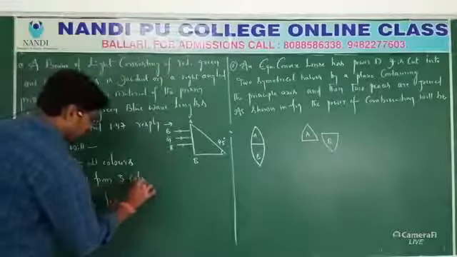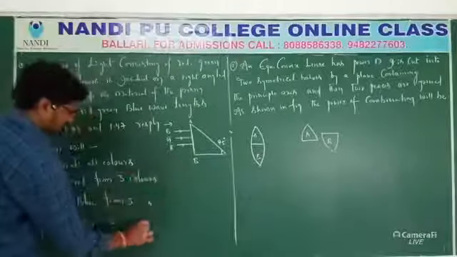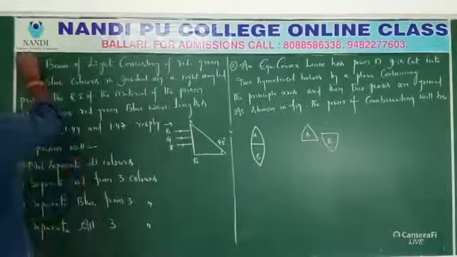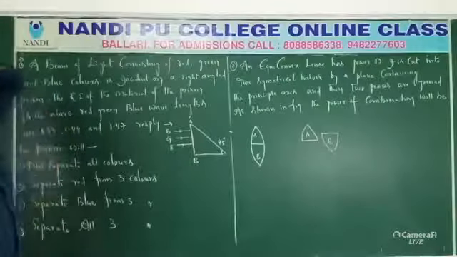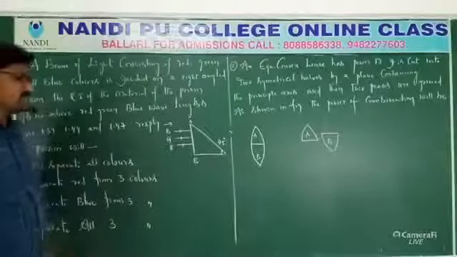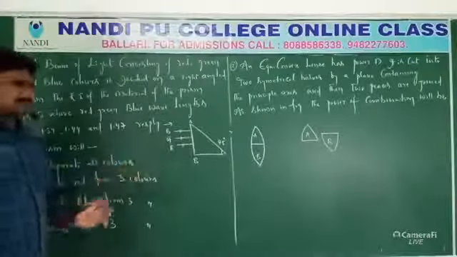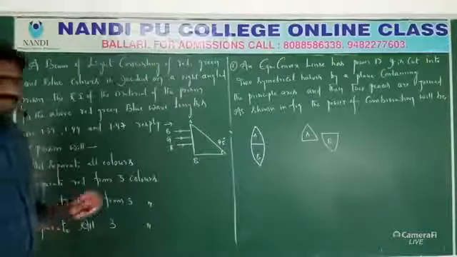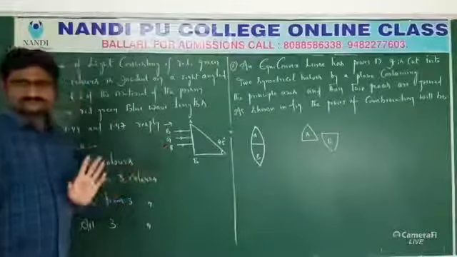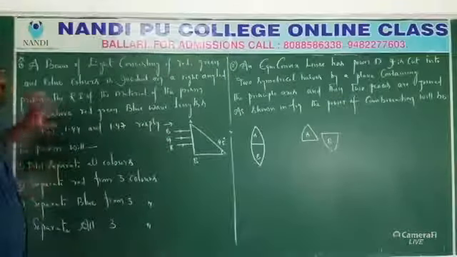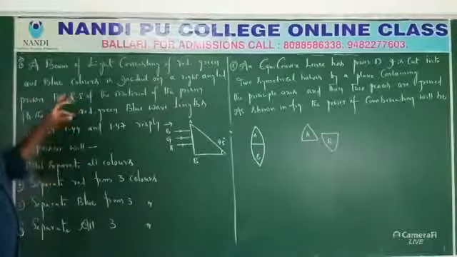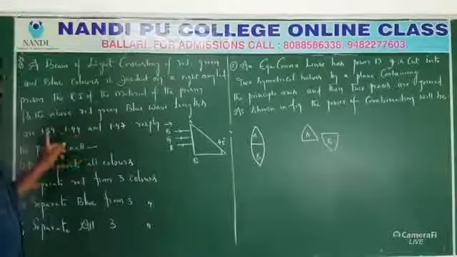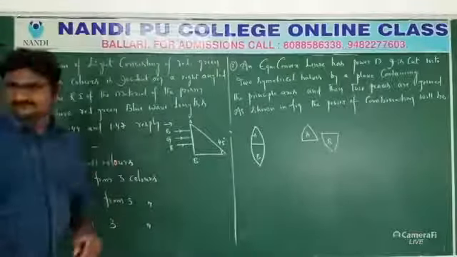What are those three colors? Separate all three colors, which is a very important model for all competitive exams. Previously they have asked this type of model. The colors might be different but the concept is the same. Three colors are given: blue, green, red. So an equilateral triangle is incident with different refractive indices of the materials, 1.39, 1.44, 1.47.